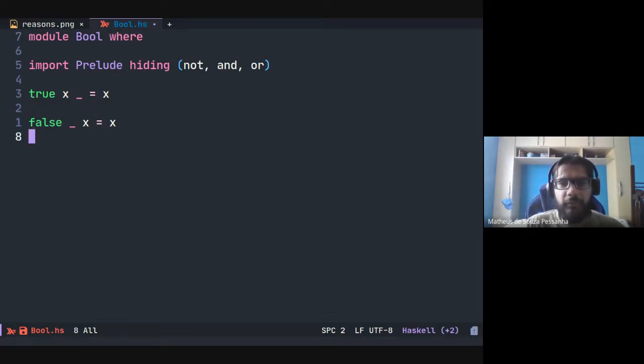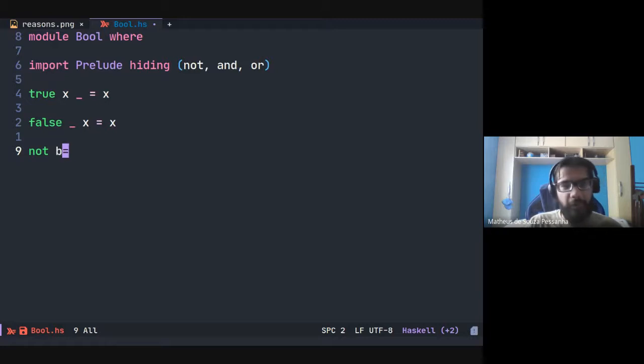We can implement the not function. So the not function will receive true or false, and then will return the opposite of this function. So if it receives true, it returns false, and if it receives false, it returns true.